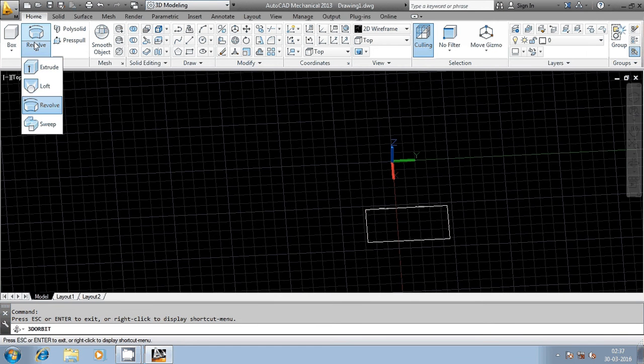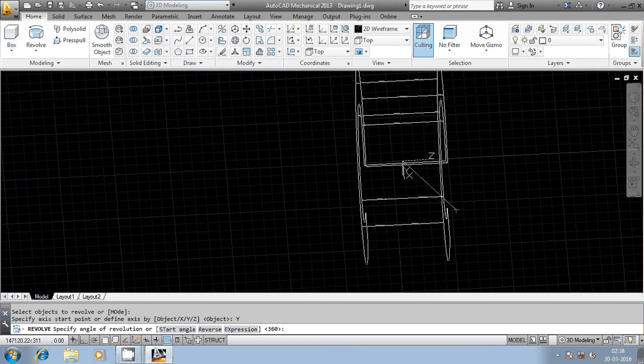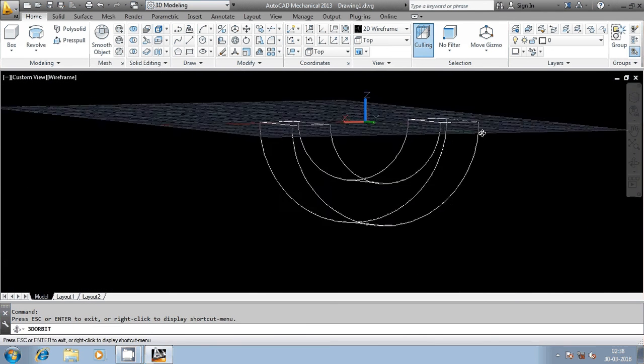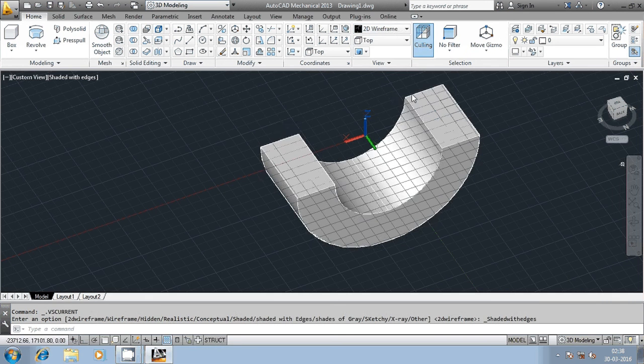Okay. So go to the revolve option and select the entity to be revolved. Okay. So select y axis. You can provide the angle of revolution. I don't want to give 360 because I want to see how exactly it's going to work out. So I will give 180 degree. Just tilt it and then see this, change the rendering pattern. You can see here, this is how it is going to be generated.